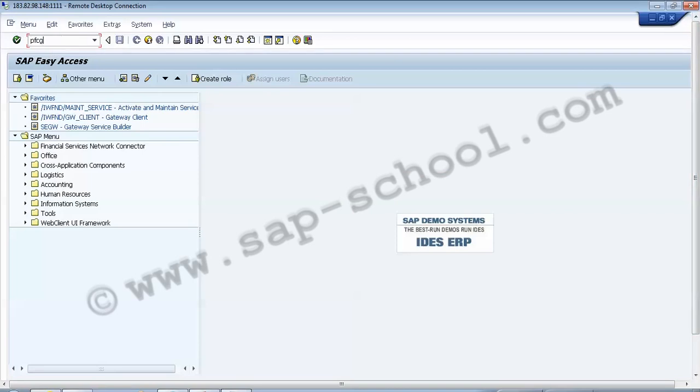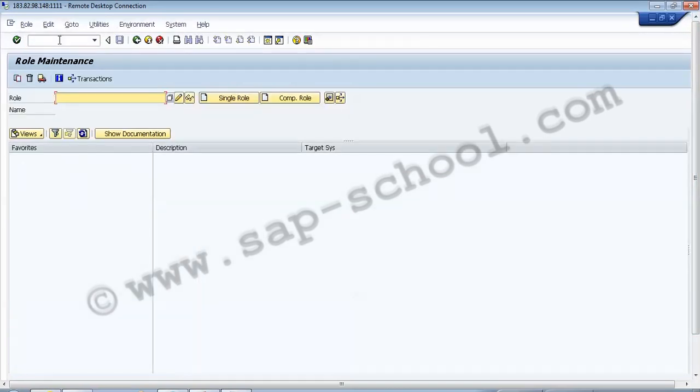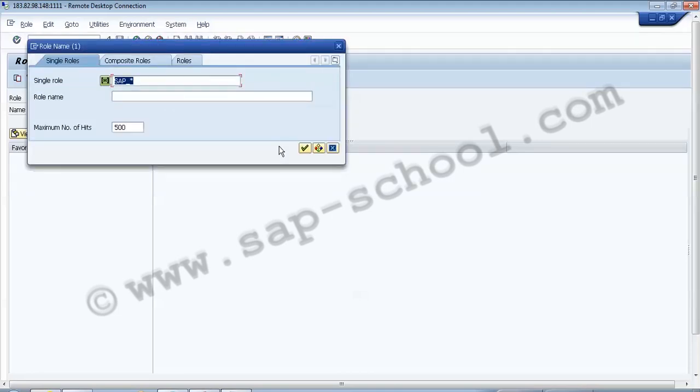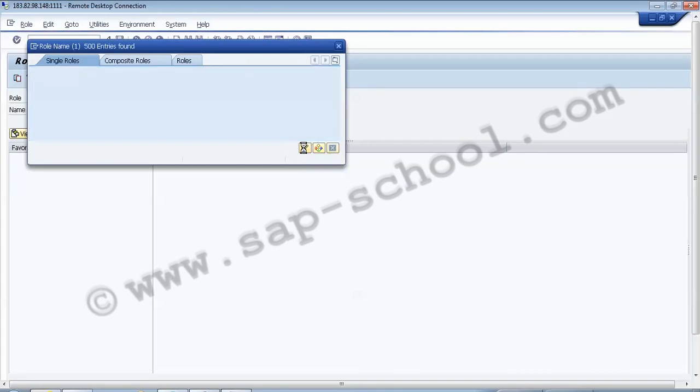Similarly, I can go to the authorization tab and see whether there is any authorization and what the profile name assigned to it is, and after that I can go to the user tab and see which users are using this role. Generally, as a best practice, it's not recommended that we change the default roles. Rather, it's always advisable to copy the role.